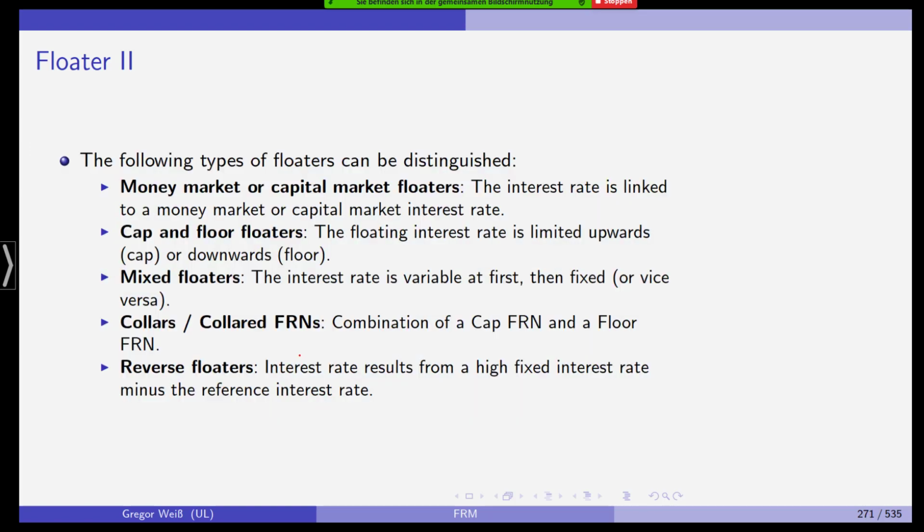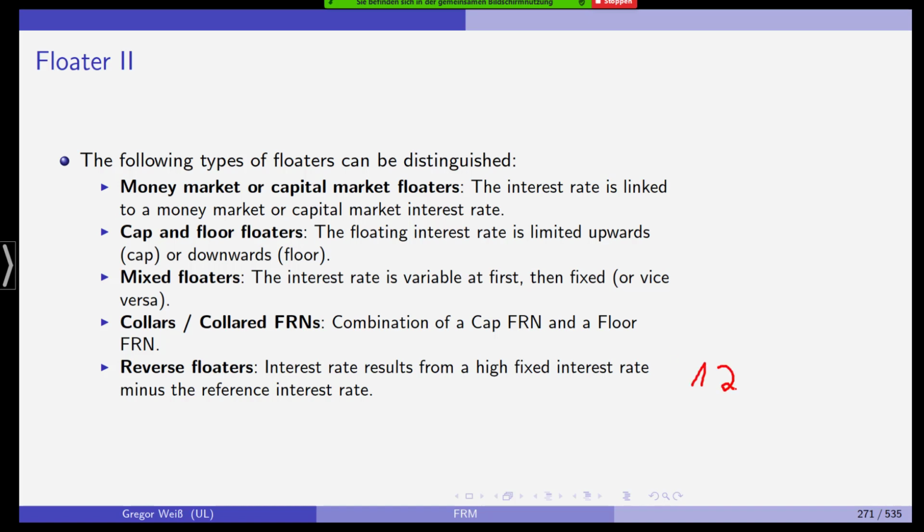So we have several types of floaters, money market or capital market floaters. In this case, the interest rates are linked to a money market or a capital market interest rate. We have caps and floors, meaning that the floating interest rate is limited upwards, and we have a cap, or downwards, we have a floor. We also have mixed floaters, collars or collared floaters, or reverse floaters, in which case for the reverse floaters, it's,